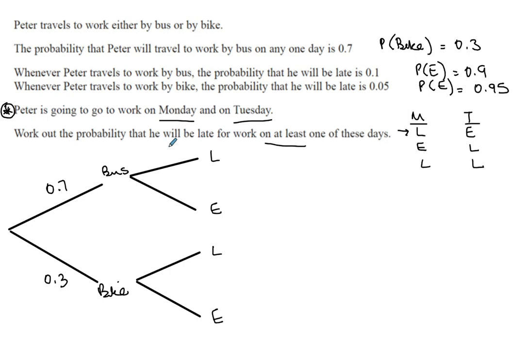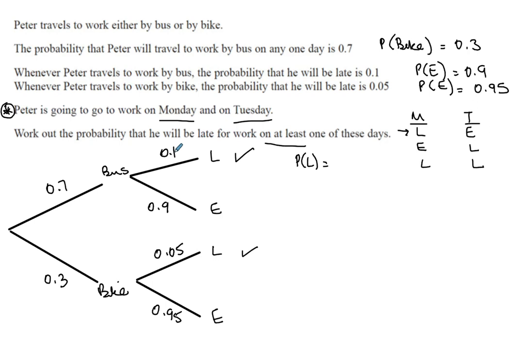When he goes by bus is 0.1 and 0.9, and we've already calculated those, and 0.05 and 0.95. Okay, so can you see the probability of him going late will be those two? Yeah, and so the probability of late will be